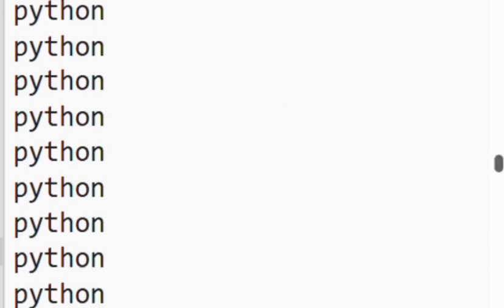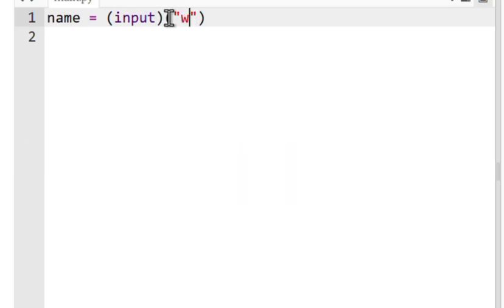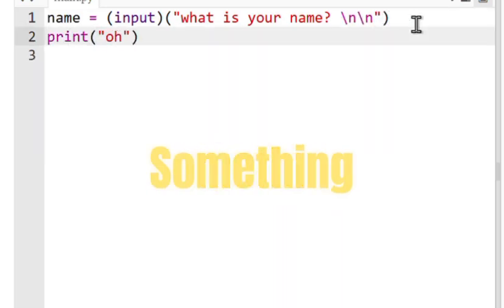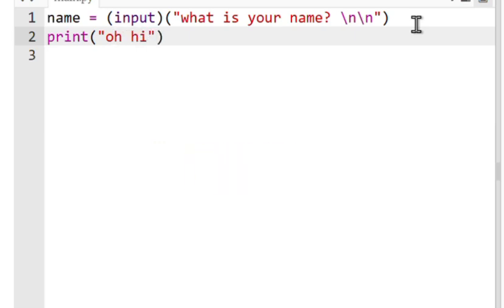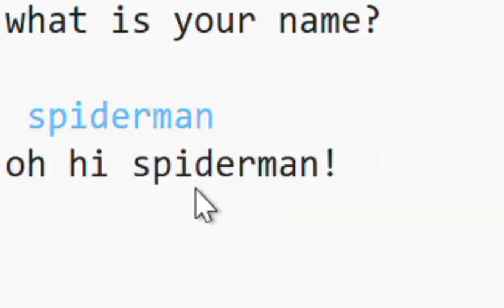Now type in what we learned before, allowing us to type in an input, the variable for the input. In this case, it is called name, and it will ask what is your name, and if you want, you can add 2 \n's. Then in a new line, type print bracket, double quote, something like oh hi space, double quote, then space and plus name, plus double quote, something like an exclamation mark, and end the code with a bracket. Now if you run the code, it will ask what is your name, and after typing your name and hitting enter, it will say oh hi, whatever input you typed in with an